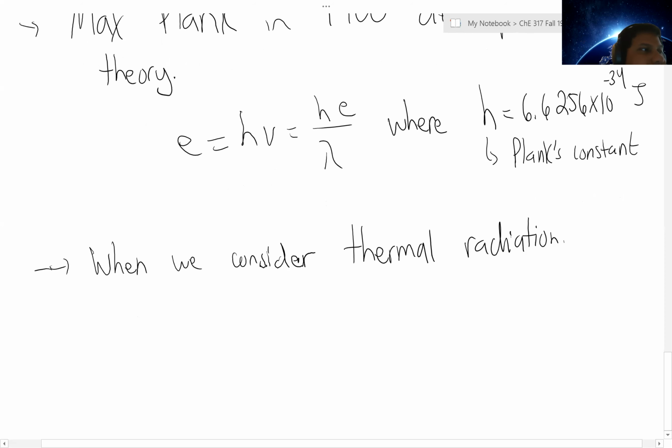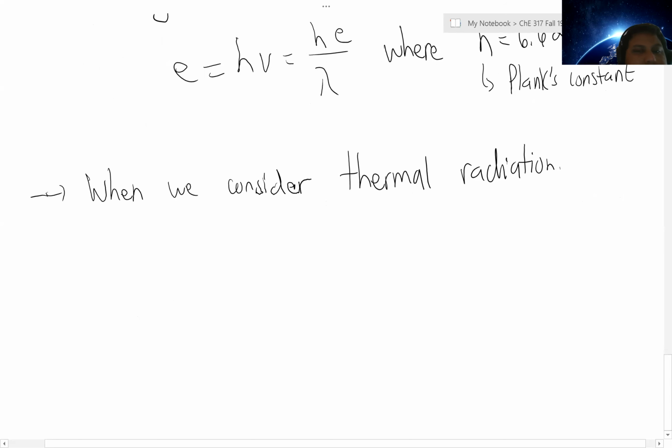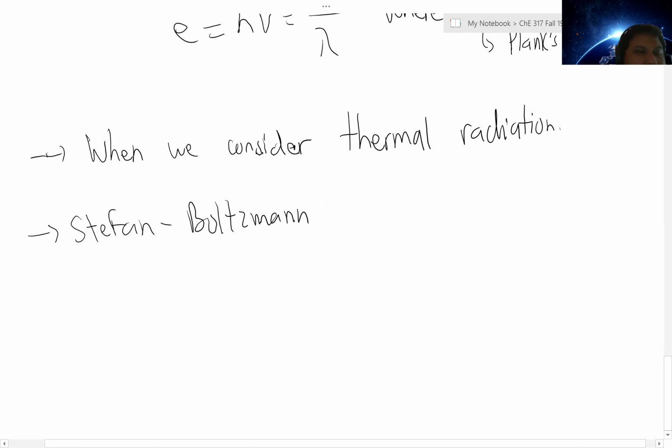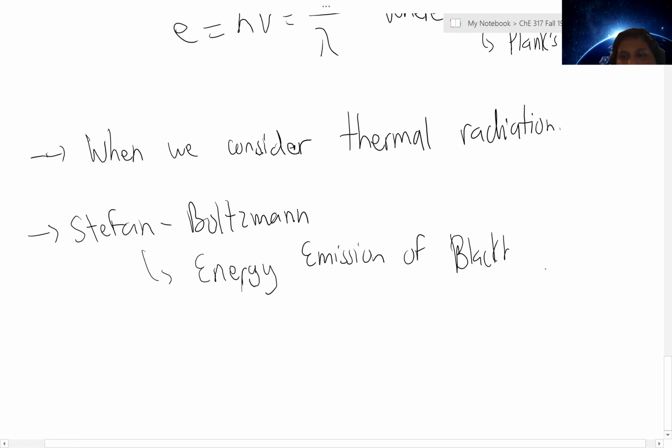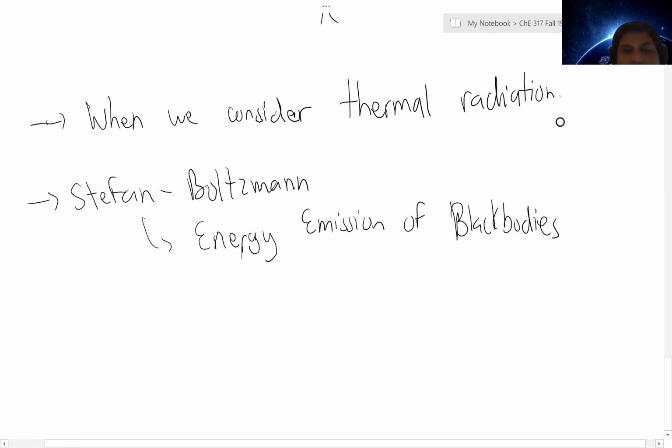And what we found that was developed by Stefan and Boltzmann was associated with the energy emission of black bodies. And what they found was that the energy emission of a black body was a strong function of temperature and temperature alone,